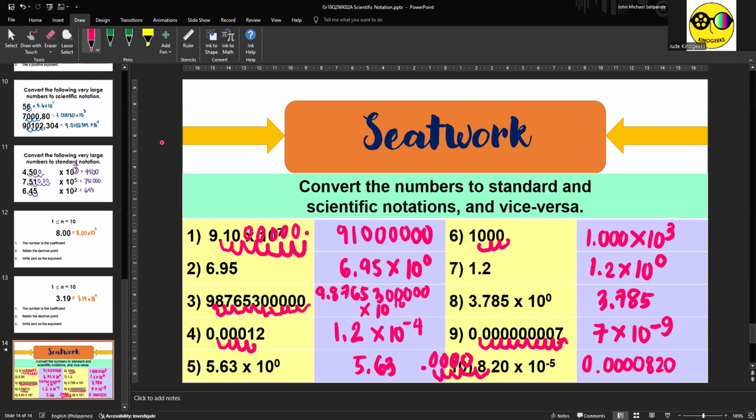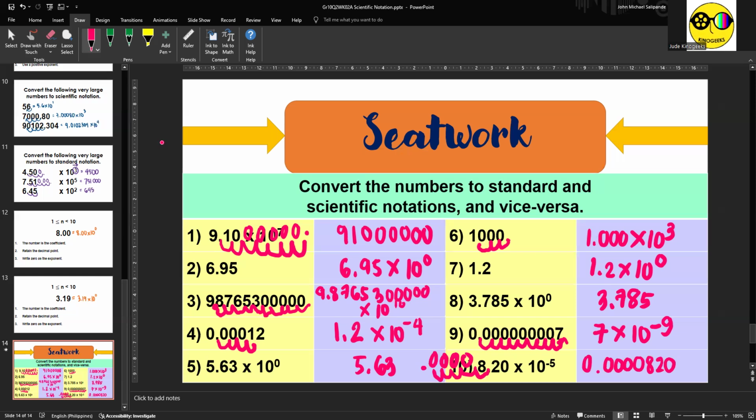And there you go. This is how we convert numbers from standard to scientific notation and from scientific notation to standard notation, whether it's very small, very large, or a number between 1 to 10. I know it's confusing for the first time because of the reversal of the rules depending on the number. But try practicing and reviewing using my video lecture. At first, it will be difficult, but once you master it, it will be easy for you.